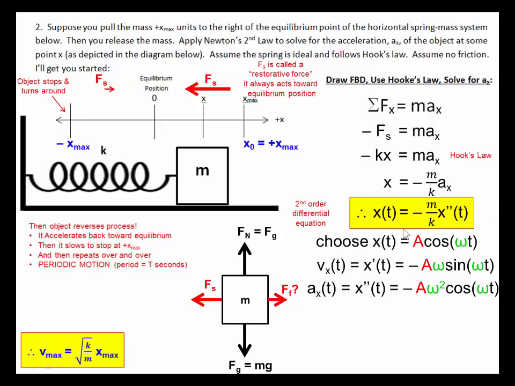Now here's what I'm going to do. I'm going to take my original equation, and I'm going to use it to find my amplitude of this function and my angular frequency. Well, my amplitude is pretty easy. My amplitude is just my maximum values. It's going to go way over here, back to 0, then way over here, back to 0, way over here. So from here to here, which is x max, that is my amplitude. And so x max is my amplitude for this function. And it's positive x max because I'm starting on the positive side. Now, as for our angular frequency,